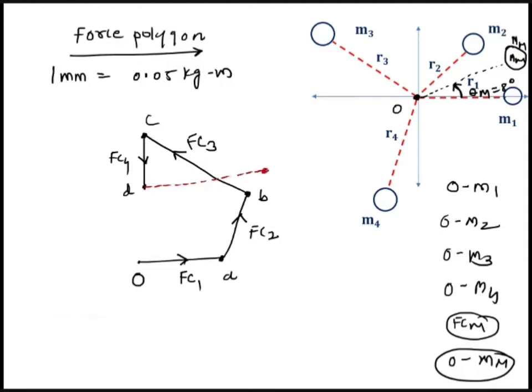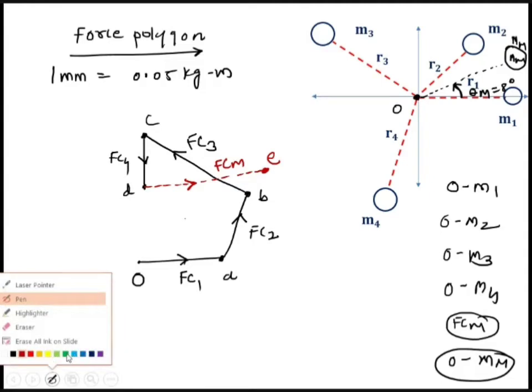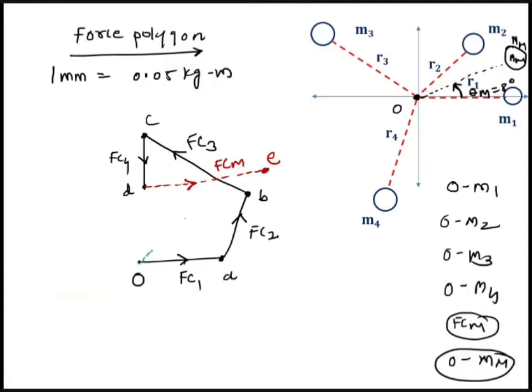So it will go like this somewhere, parallel to M. So this indicates DE, and this D indicates the FCM. Okay. So now what is the resultant? Resultant means what? You have to just join it. So join this line, resultant line, that is OE. And this vector OE dash indicates FCL. What is FCL? The centrifugal force due to the balancing mass Mn.